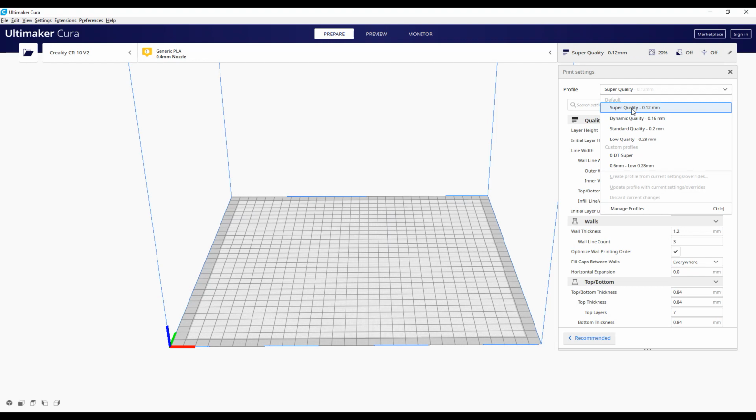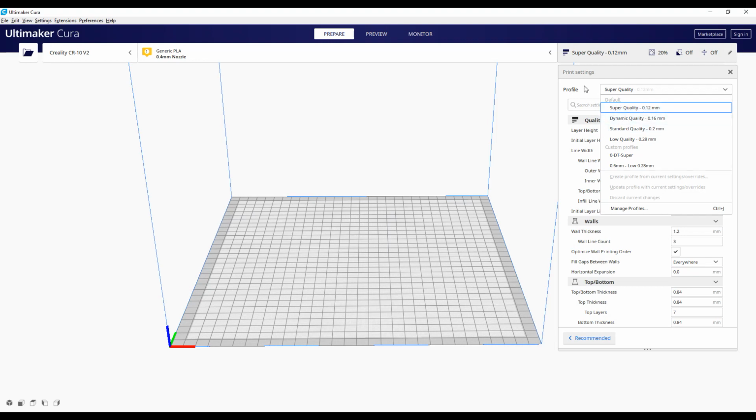If you are working on something really simple like a box, a cube, you can go to standard quality. I think it's okay for that. I'm never using a low quality because if I'm printing something, I want to be happy with the results. So if it's a smooth piece, something that I like and that I want to use as a decoration, for example, it will be super quality. If you don't really care about the exact details, or if you don't need a lot of details because a cube is a cube, you can go to dynamic or